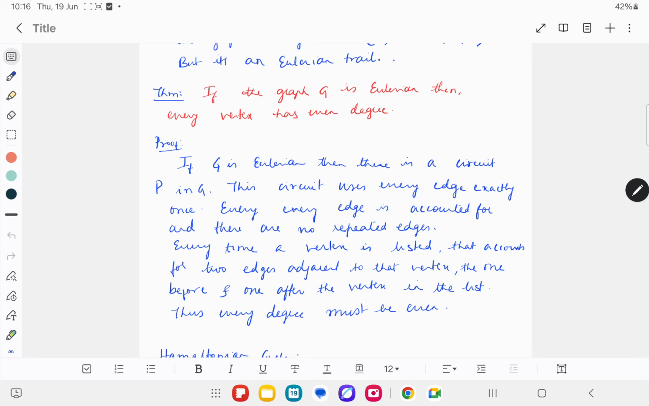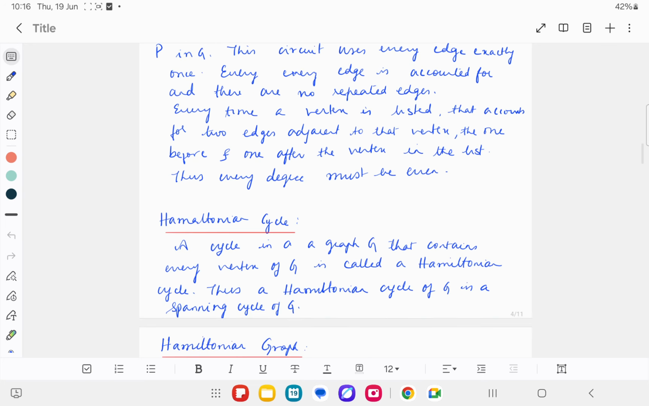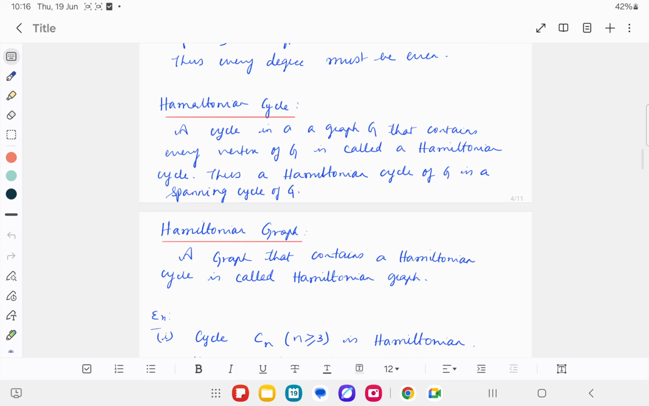So this shows that every vertex is of even degree, and that is the proof. Very simple one. Next, we are going to define what is called the Hamiltonian cycle. So what is a cycle? A cycle is a closed path. What is a path? A path is a sequence of vertices and edges where there is no repetition of vertex or